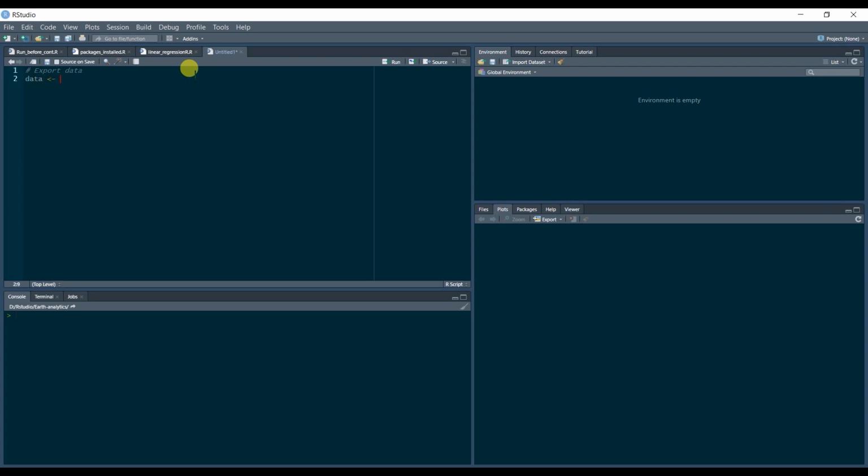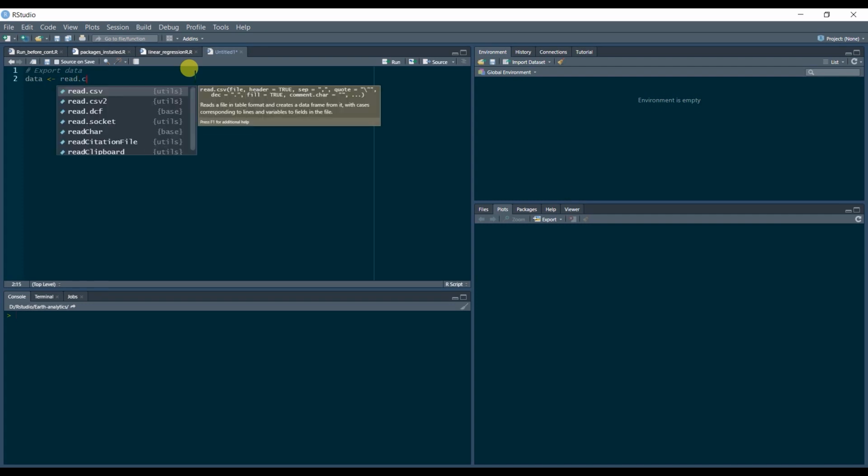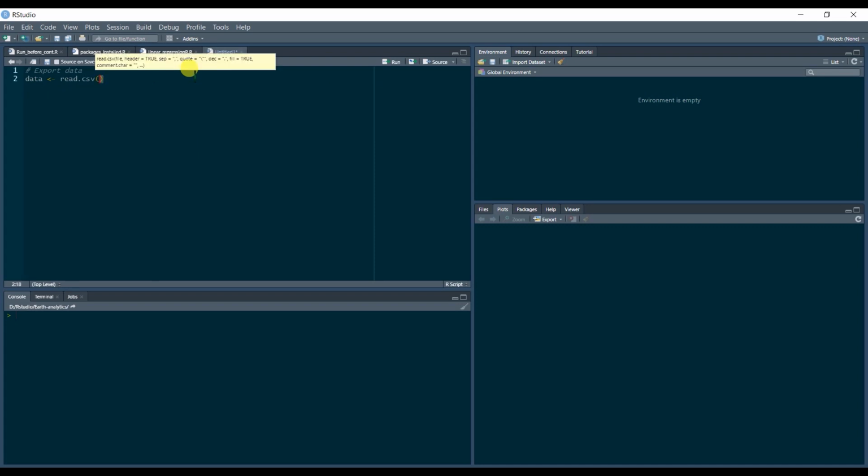To read a CSV you have to write read.csv, and in the parentheses you need double quotation marks, and you have to write the path of your file. So this is my file, NDVI NDRE.csv, and we have to